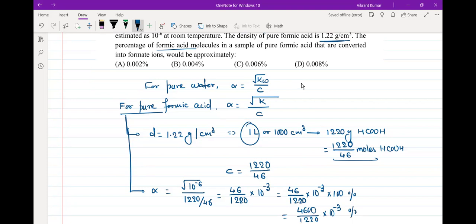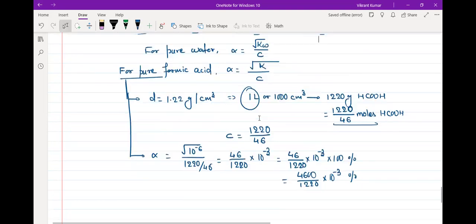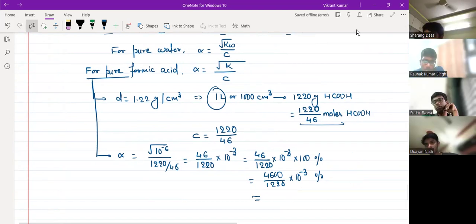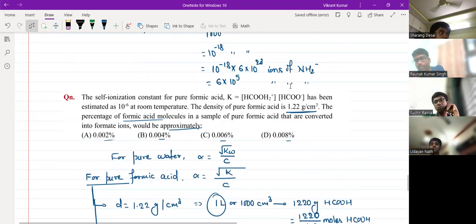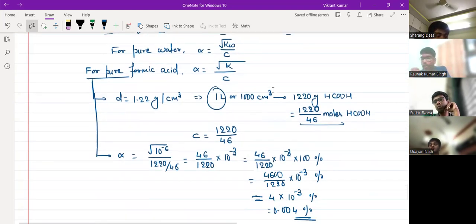Now the numbers are approximate since the options are not exact. Look, 2, 4, 6, 8 is written, and after the point, 2 zeros and then 3 digits are written. So this will be approximately, see, 3 times 1220 will be 3660, right, 4 times will be 4800, so roughly you can say it is very close to 4 and not 3, and 2 is definitely not possible. So we'll write this is approximately this much percent, which is 0.004%. And that's why we need to write the answer as B. Is it okay? What is the mistake in A?